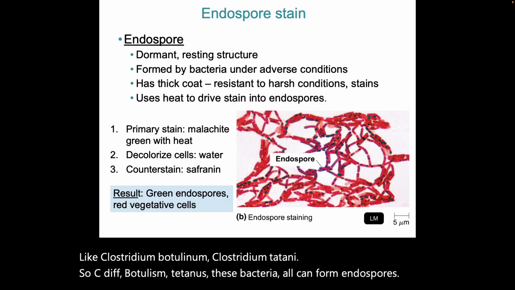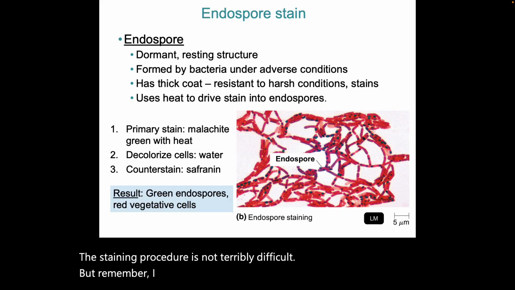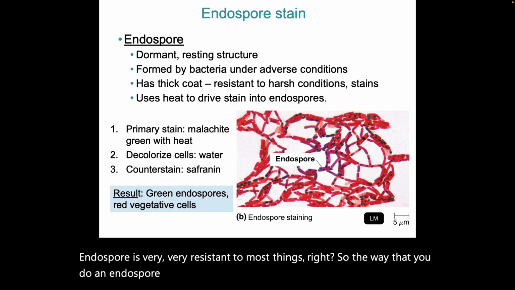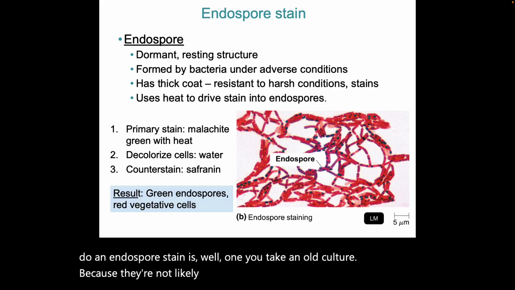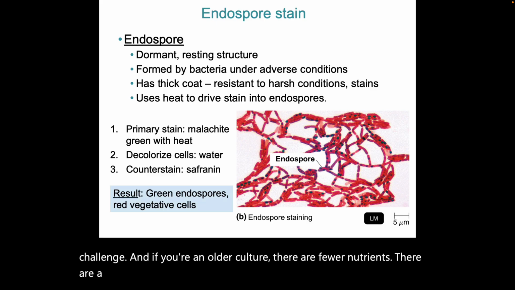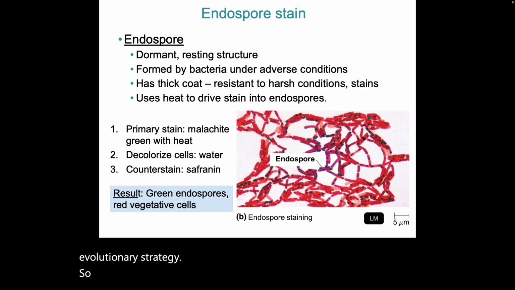The staining procedure is not terribly difficult, but remember I told you that endospore is very, very resistant to most things, right? So the way that you do an endospore stain is, one, you take an old culture because they're not likely to produce an endospore unless there's a challenge. And if you're an older culture, there are fewer nutrients, there is a lot of waste product buildup. Forming an endospore is a good evolutionary strategy. So you take an older culture, maybe 48, 72 hours,